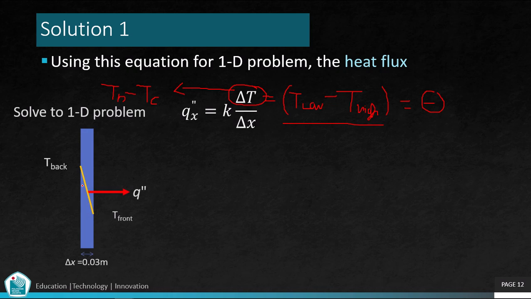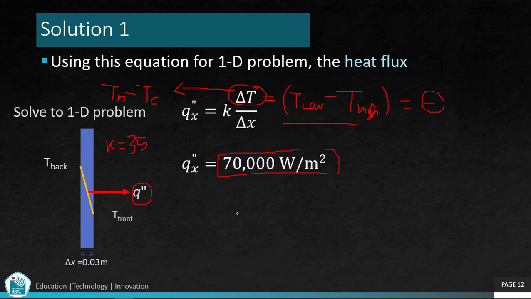Okay, so this is the figure of the one-dimensional problem. First we want to calculate the heat flux. Since we know K, what is the value of K? K is 35. Okay, K is 35. So by using this equation, we can get the heat flux is